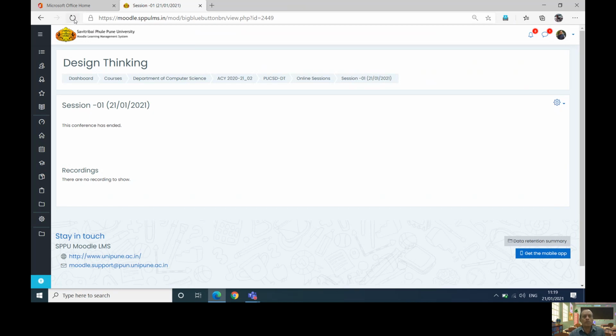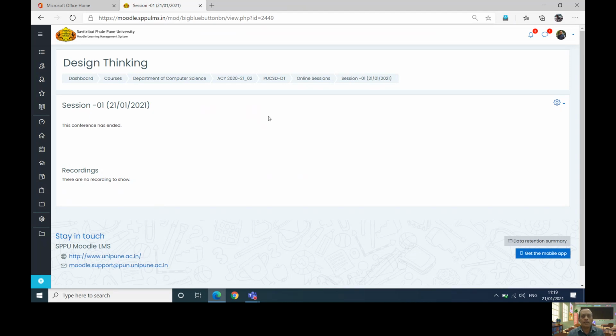So definitely it is going to take some amount of time because it is uploaded to the server, the Big Blue server which we created in the campus, and then it needs integration with the Moodle server. So there are two steps in between. When those two steps are over, only then will you be able to see your recording appearing here. In case of any query in respect of this, you can always get in touch with me through your Moodle coordinator or directly.